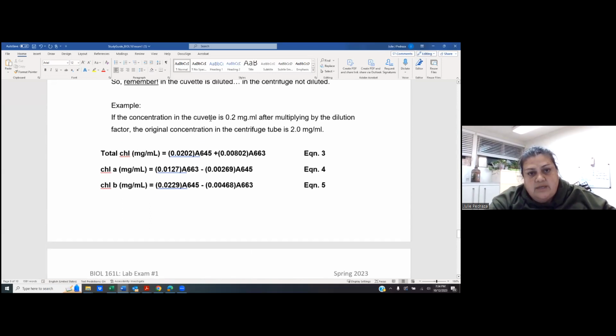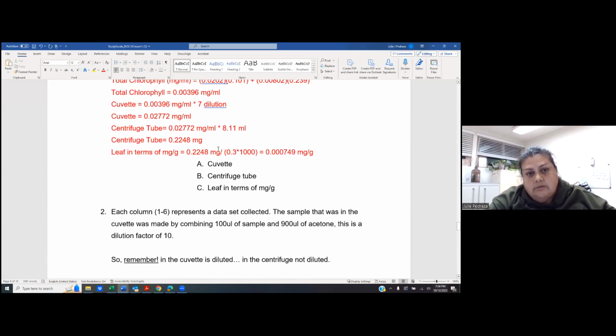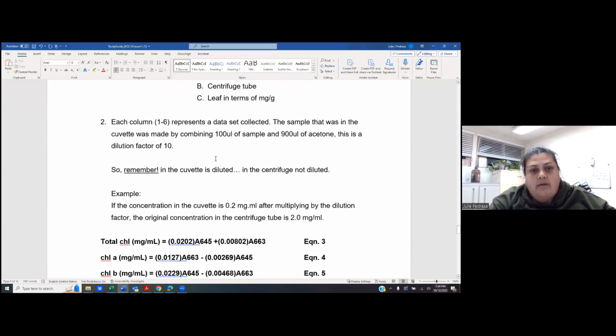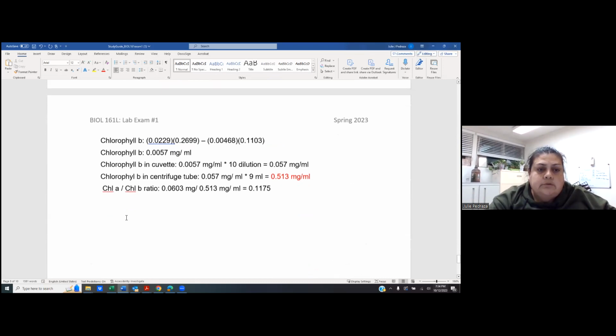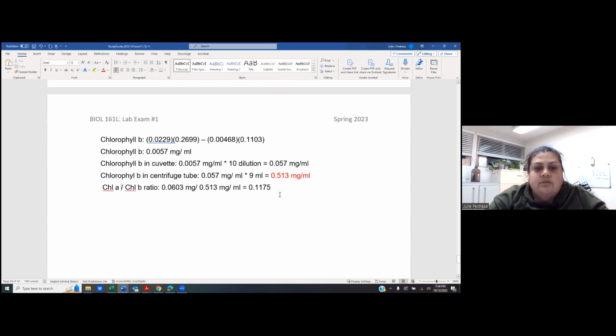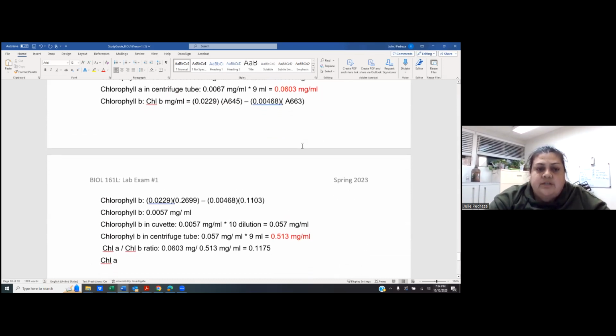So just like we did up here, we are just going to divide it. So first one, it says chlorophyll A, which is,